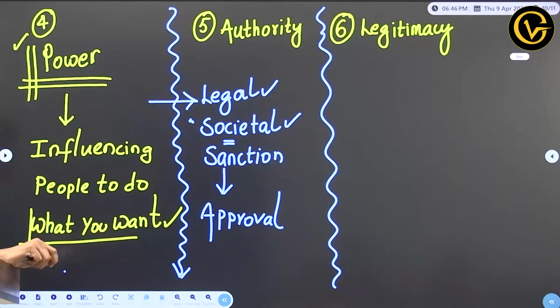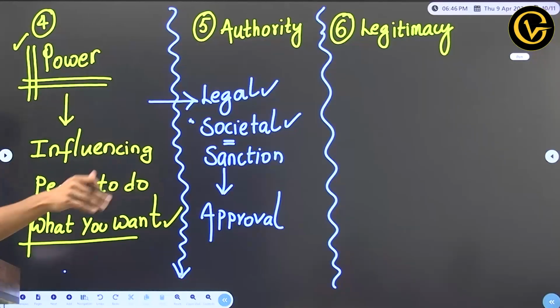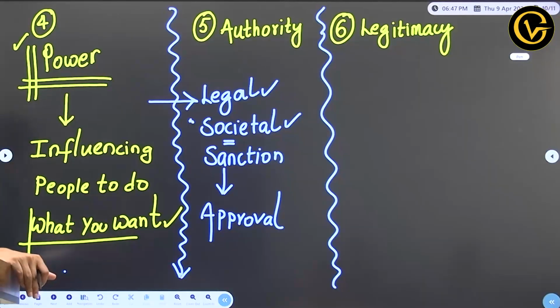You understood my point? Taliban in Afghanistan. What they did? To start with, they just exercised their power. Later, they also got authority. Why? Because some people gradually started to accept their power. And some of the actions now also have legitimacy. People are accepting their decisions also. So you got my point? That is the difference between power, authority and legitimacy.